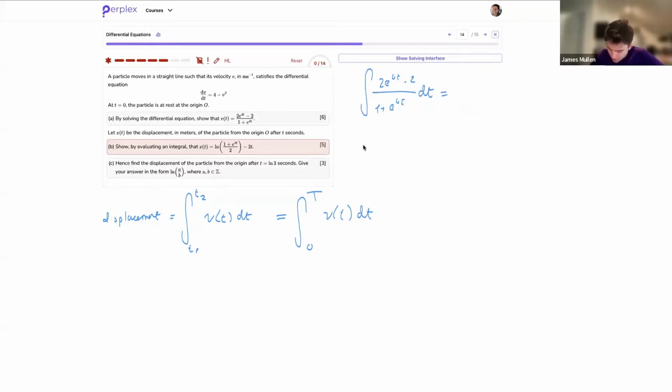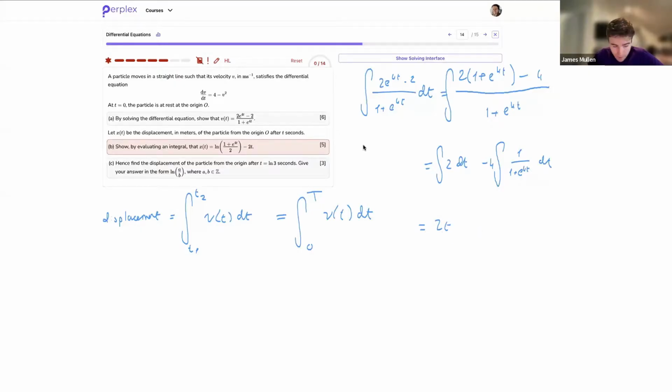Okay, I'm going to separate the integral such that I have one term that lines up with the denominator. So I'm going to have 2 times (1 plus e to the 4t), but now I have to subtract 4 to keep the same thing, over 1 plus e to the 4t. So then I'm going to have equal to the integral of 2 dt minus 4 times the integral of 1 over 1 plus e to the 4t dt. And this just becomes 2t